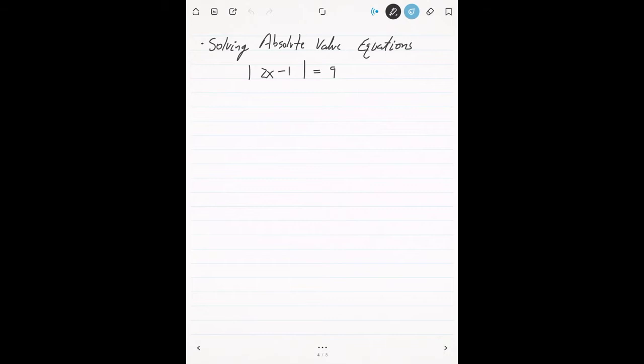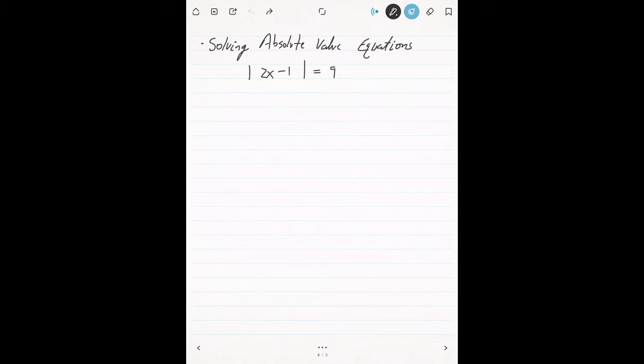So in this problem, I've now given you an equation, right? I have 2x minus 1, and we're taking the absolute value of that, and we've set that equal to 9. So we're saying the absolute value of 2x minus 1 is equal to 9. I want you to think about this, and this can sometimes be a little challenging and take a little exploring,